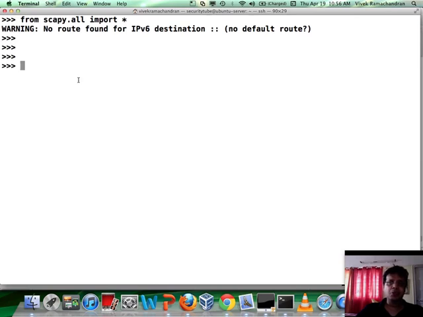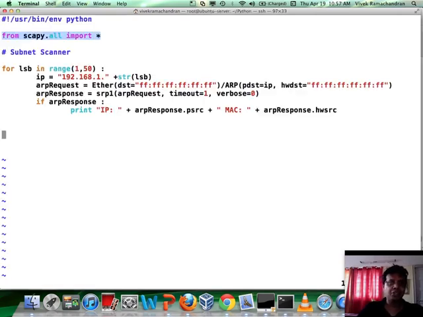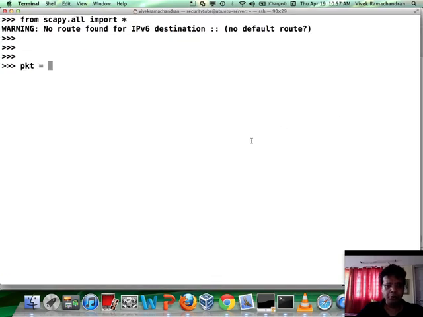In this video what we are trying to do is create an ARP scanner for the entire subnet. So the first thing, if you remember, was to create the ARP packet itself. So let's first try various things out before we actually try and weave everything together. If you remember from previous videos how to create a packet, let's actually do an ls on the ARP